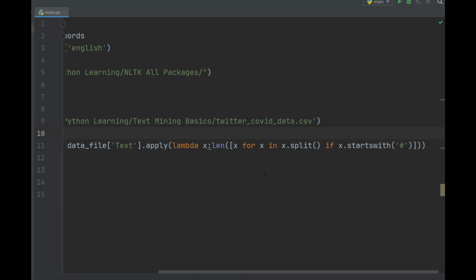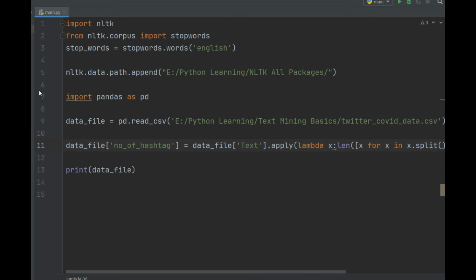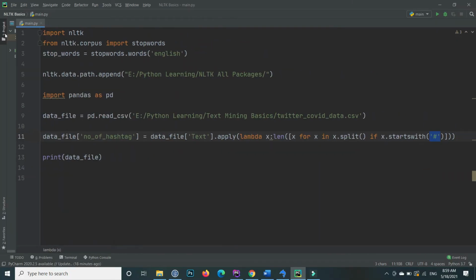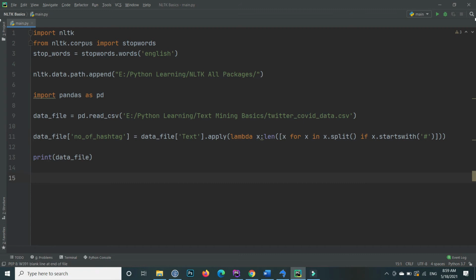So it will return us, for each individual tweet, the overall length of the tags which contain the hash sign. If I execute this,